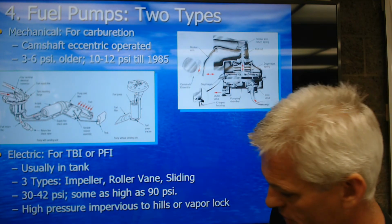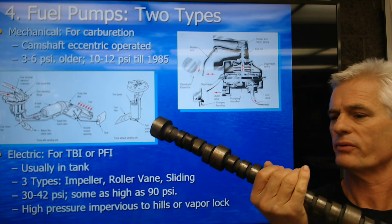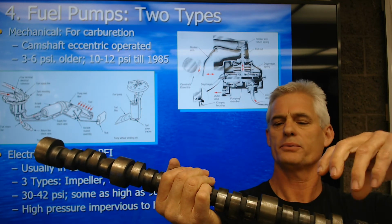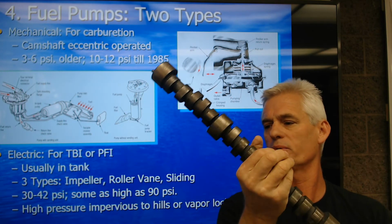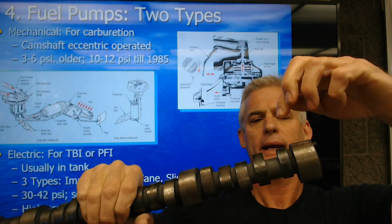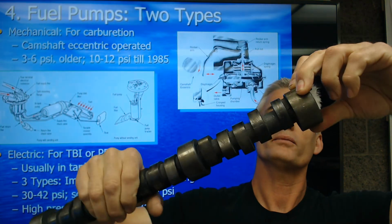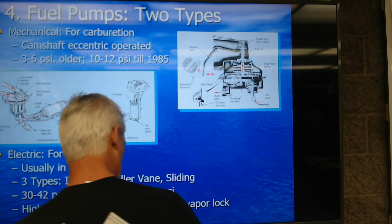I'll show you a big block Chevy cam. This is an old school pushrod overhead valve engine, one camshaft for all 8 cylinders. You can see intake and exhaust lobes. So there's 2, 4, 6, 8, 10, 12, 14, 16 lobes on this cam. But then you've got a 17th lobe right here. It looks different, doesn't have as much of a peak on it. This one is for operating the mechanical fuel pump, because this was an early 70s big block Chevy that had